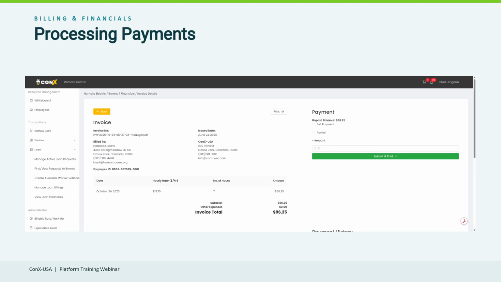That brings up this screen where you can make a payment. Once paid, you can print or export the invoice as needed. If you scroll down, you'll also see the full payment history. Once the invoice is paid, the loaning contractor gets notified and the status under View Loan Financials updates to paid